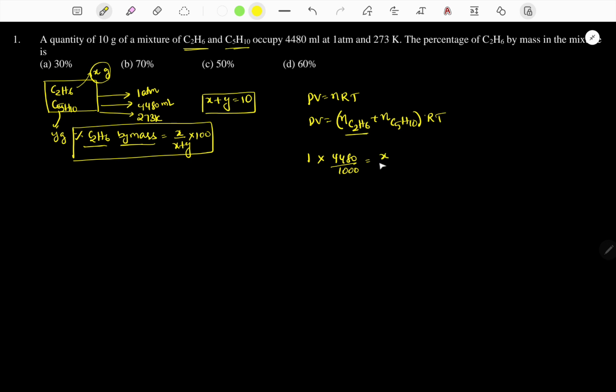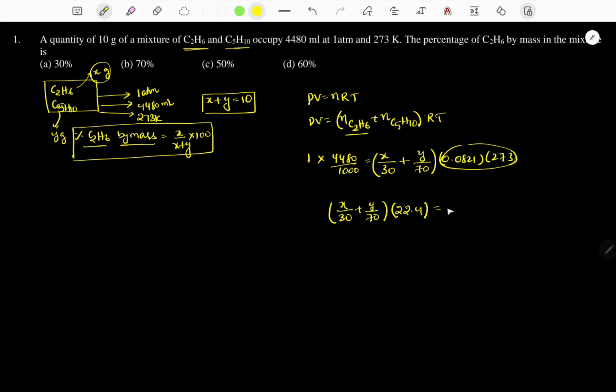Therefore X by the molecular weight, which is 30, plus Y grams, molecular weight 70 (12 into 5 is 60, plus 10 is 70), into 0.0821 into 273. Therefore X by 30 plus Y by 70 into this quantity is equal to 22.4